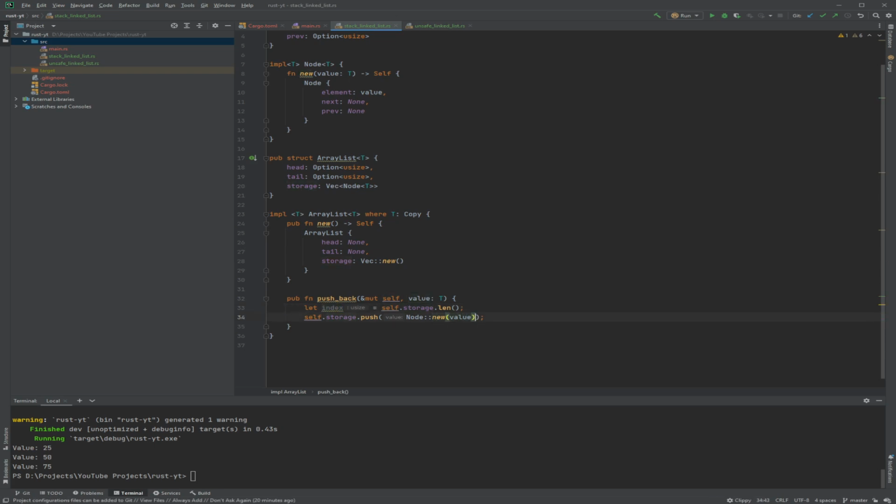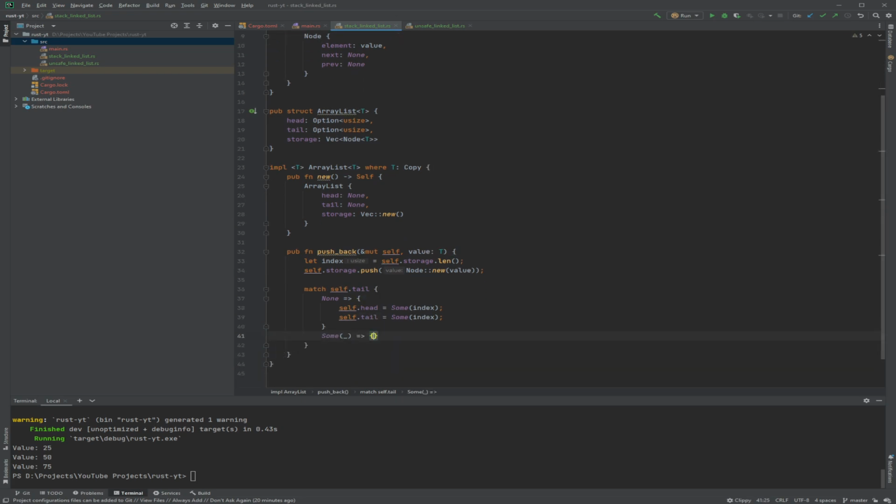So yeah, now we created a node already, and now we're going to match it on the self.tail because it's an option. So if the tail, let's let the IDE create this stuff. If there's nothing on the tail, it's an easy thing. Just put the head to the index of the new node and the tail to the index of the new node.